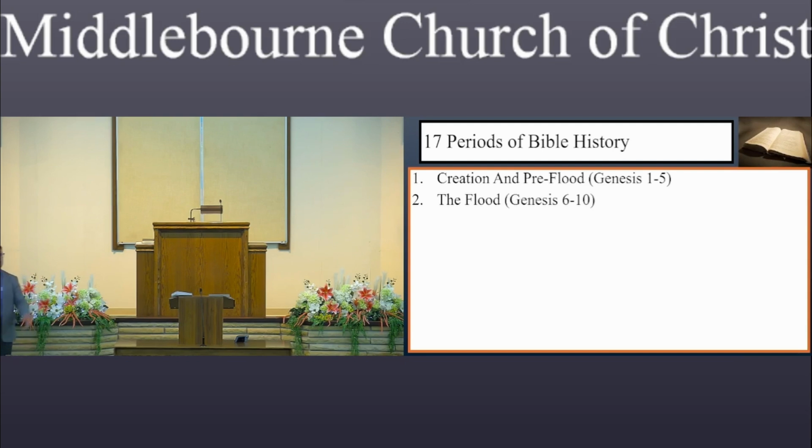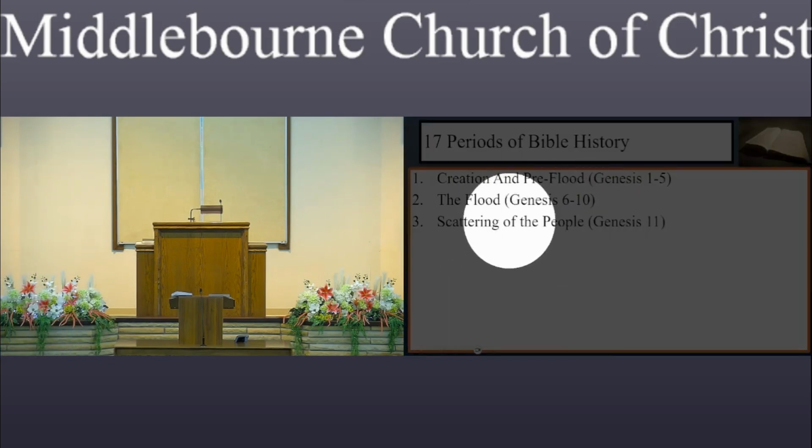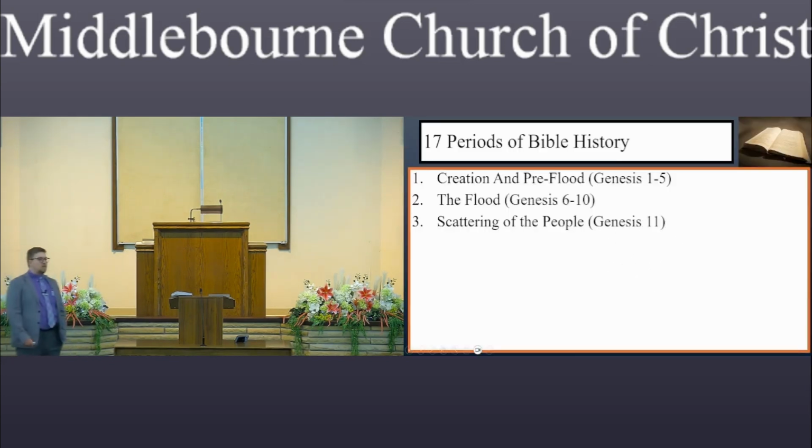Brother Leon Malden, who has the 16, I believe, does name it flood and post-flood events in 6 through 11. This, by the way, is where Brother Leon Malden and Brother Waldron differ. Brother Waldron has the scattering of the people as a separate period of history. Brother Leon Malden has it as one period, the flood, and then the immediate post-flood events. I've heard the arguments from both of them as to why they have it, and they both make a good case.